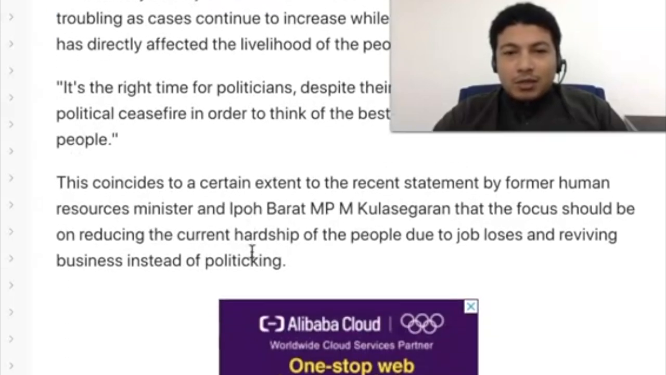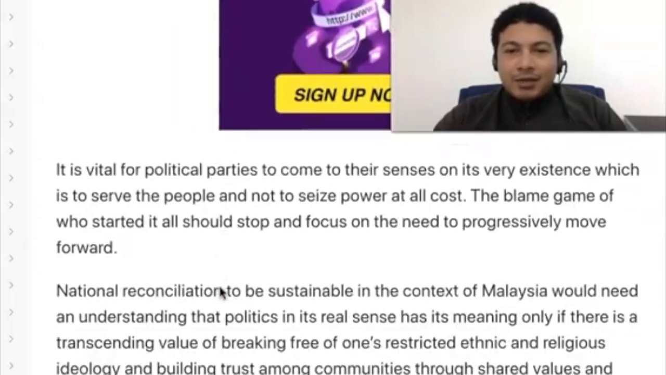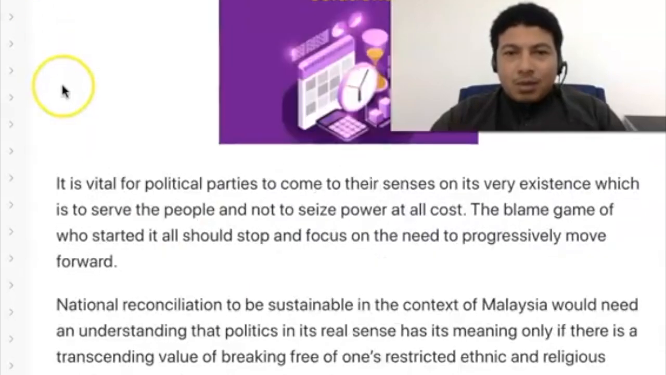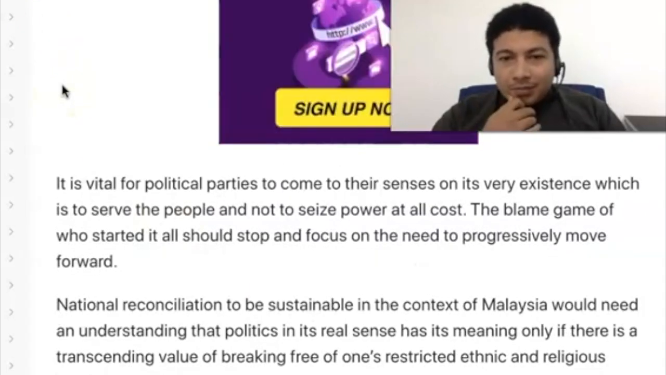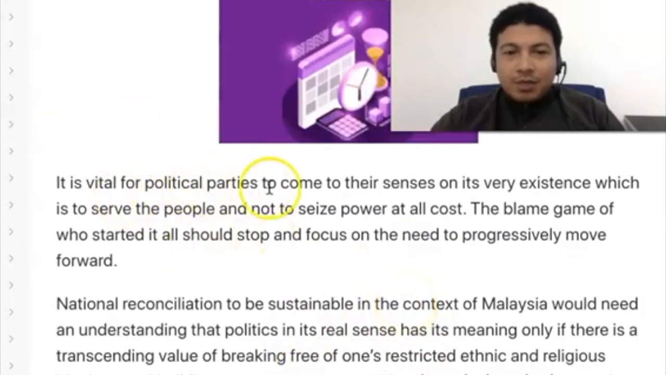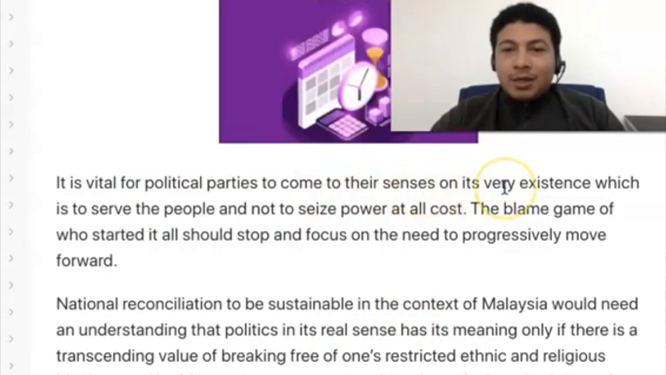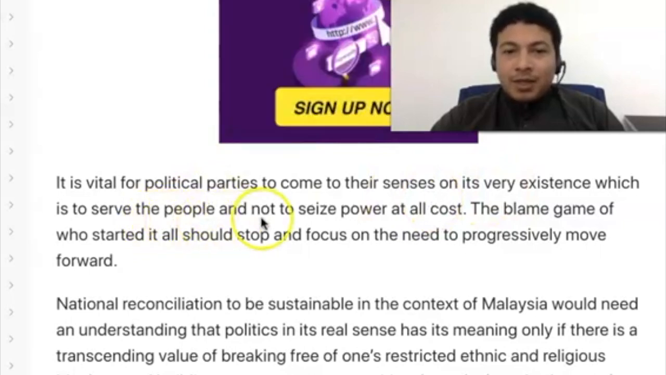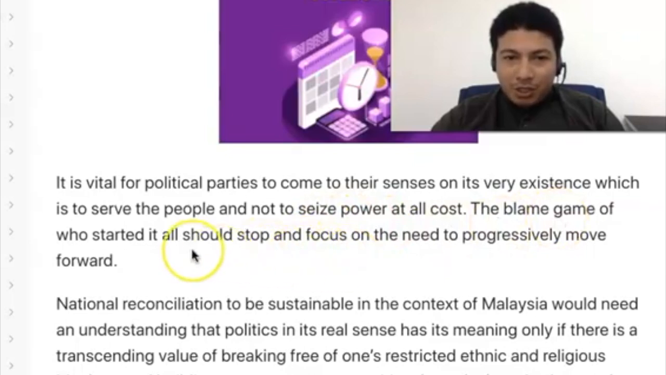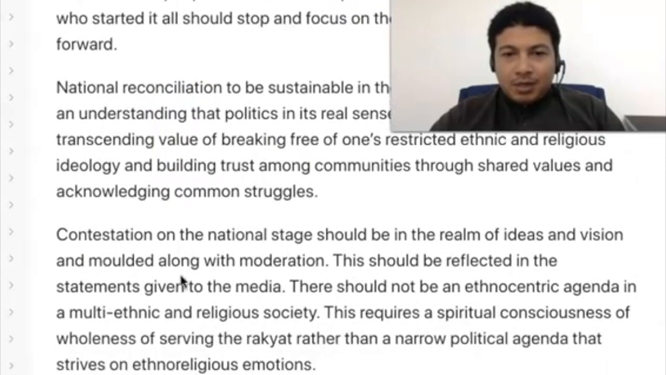So if you go through the article, you would see that it is giving us an idea that politicians are selfish, because if you look at the sentences given in this article, it says that it is vital for political parties to come to their senses, to think logically on why they are here, which is to serve the people and not to seize power at all costs, not to fight for power. So the blame game, they are blaming each other, and there are other things that they do,